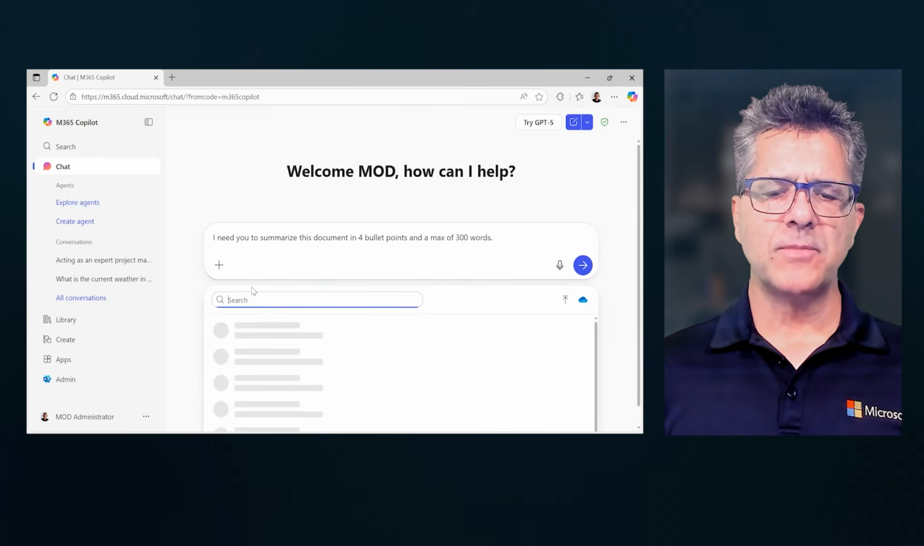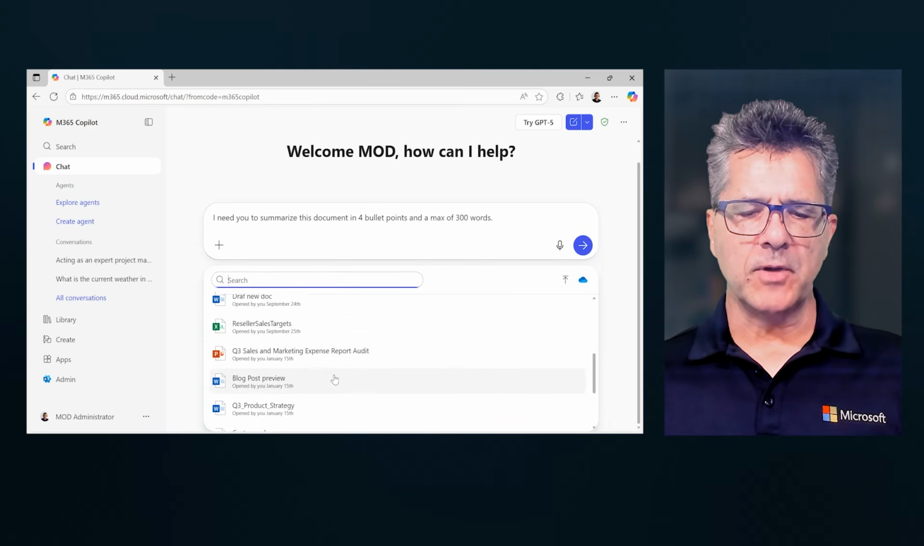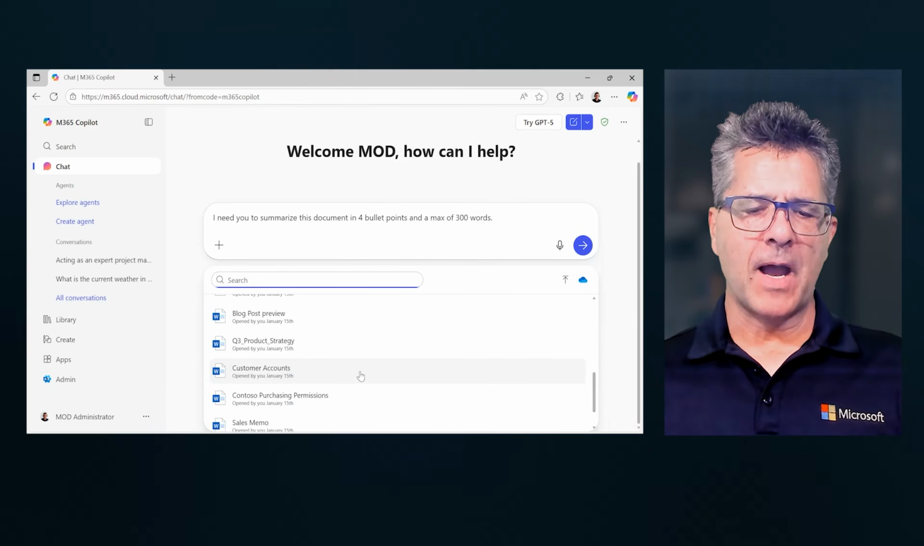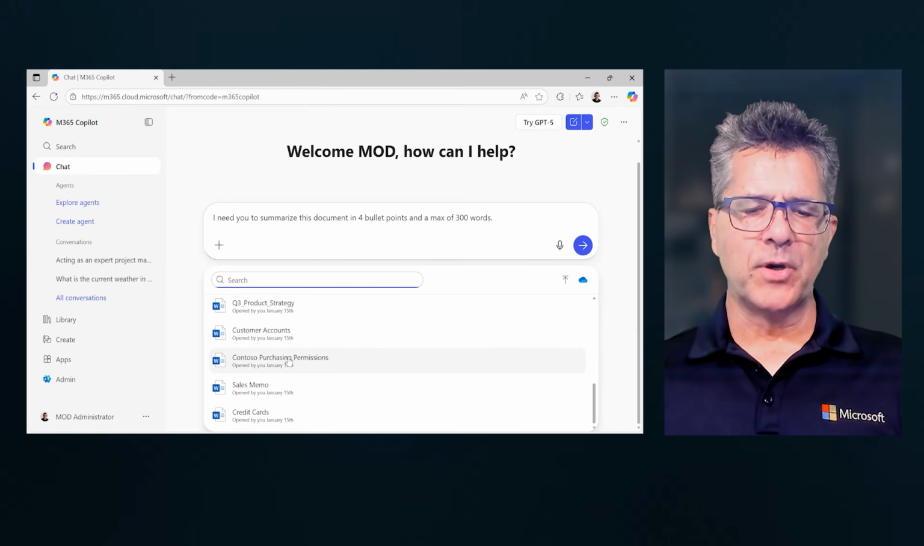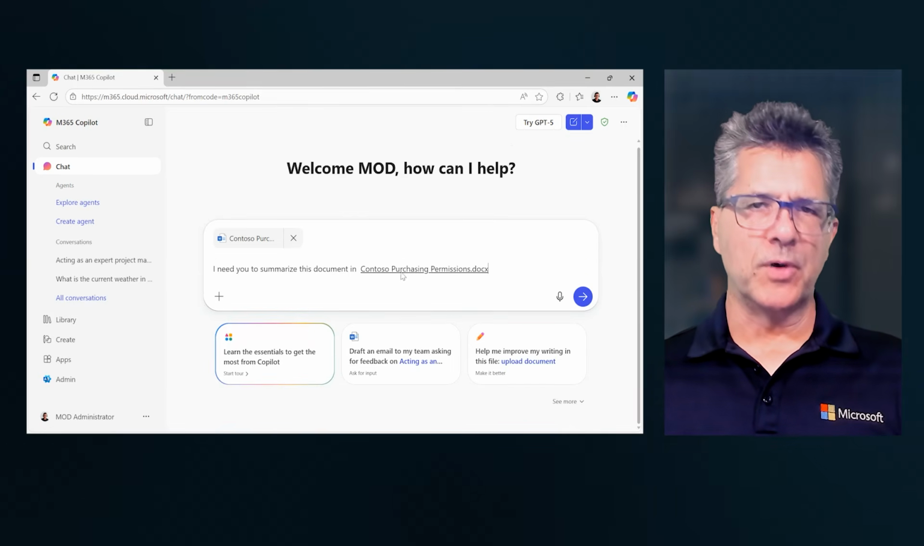But for now, I'm just going to go ahead and upload a document. Notice that I have a few of them. I have, let's say, for example, purchasing permissions, sales memo, credit card. Let's pick this purchasing permission. I want to be able to know if I can purchase a certain amount of content, and I want to